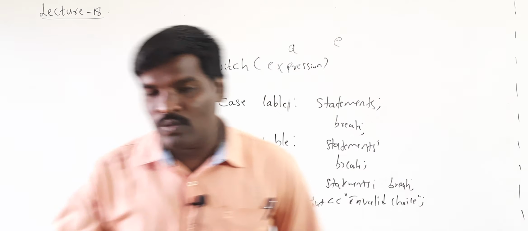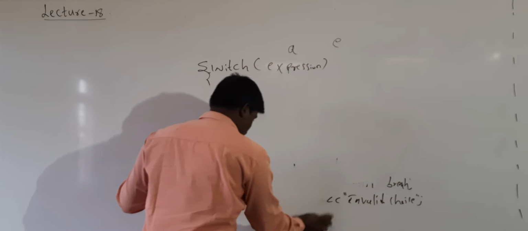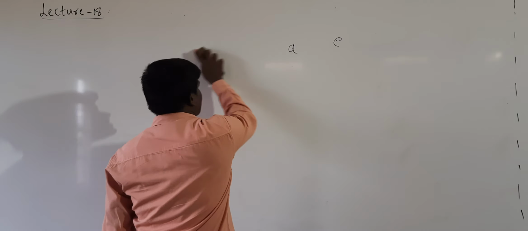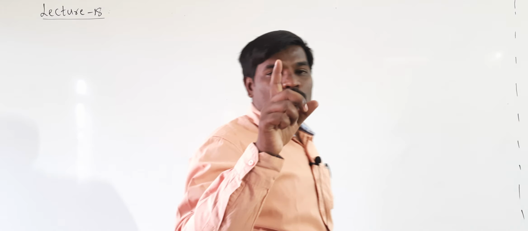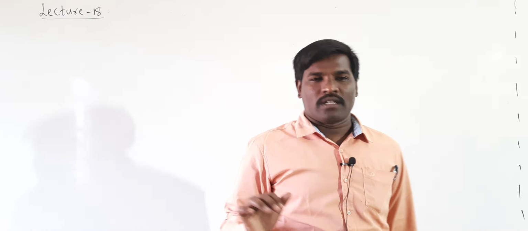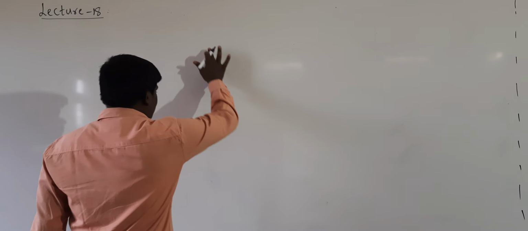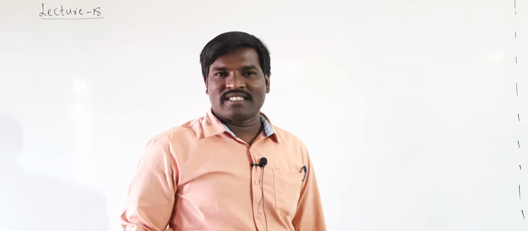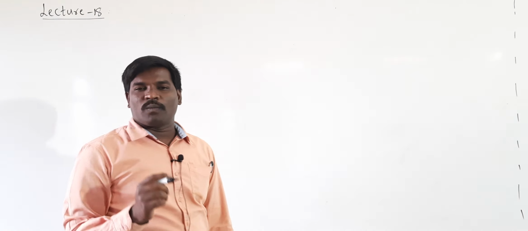Okay. So now I have to write one program for the switch statement. It is selecting from the alternatives. So all the operations must be written in switch, but it will execute only one case at a time. More than one case is not possible. So now I have to take the example of addition, subtraction, multiplication, division using switch case. It means here we have to perform only one operation at a time.